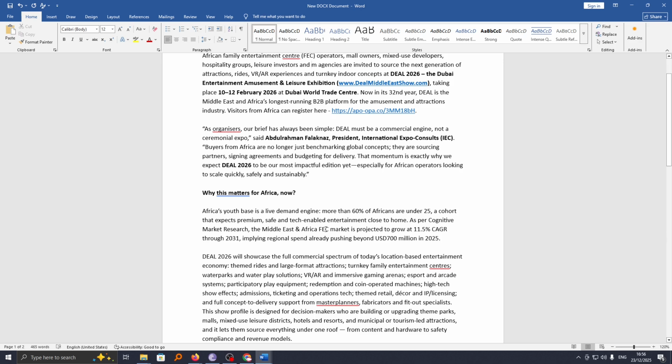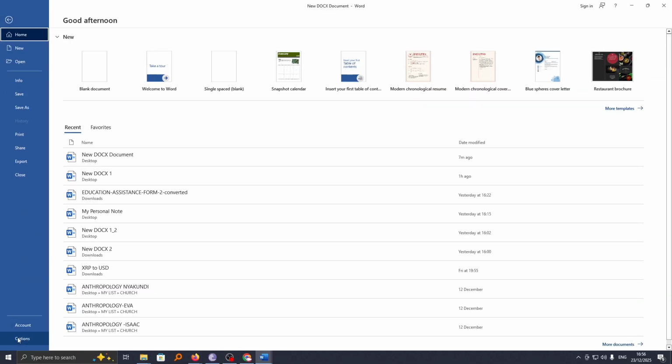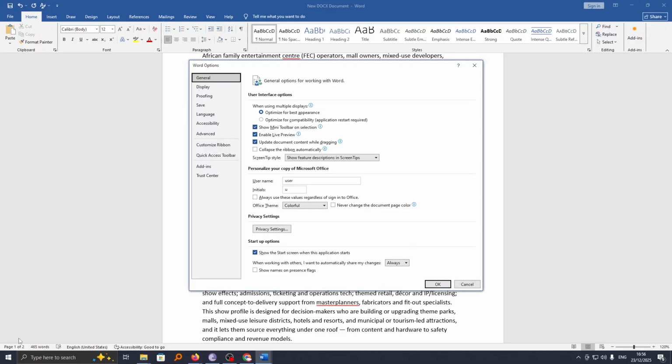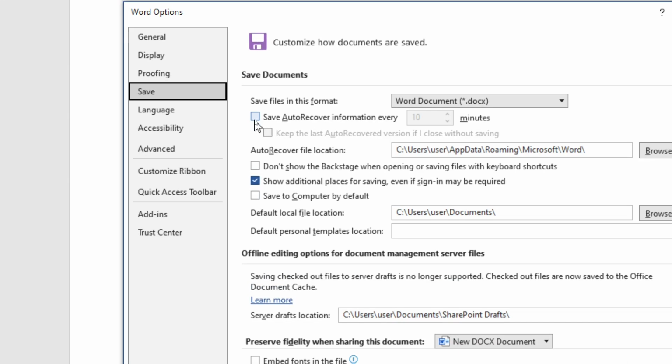Alright, so the first thing you need to do is to go ahead and open your Word document, and then to enable autosave, head over to File, and from File, head down here to Options. Now, under Options, you should see we have Word Options. Go ahead and click on Save, and under Save, go ahead and check Save Auto Recovery Information, and then